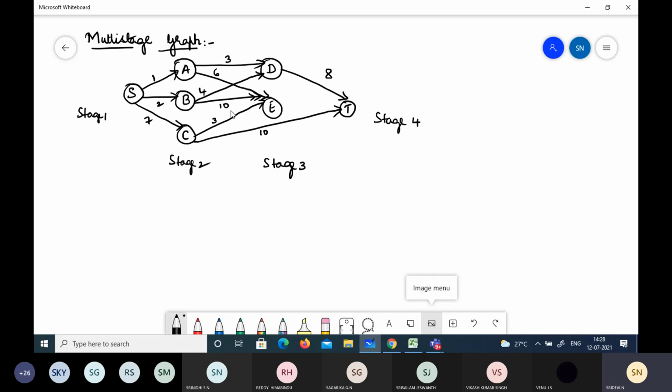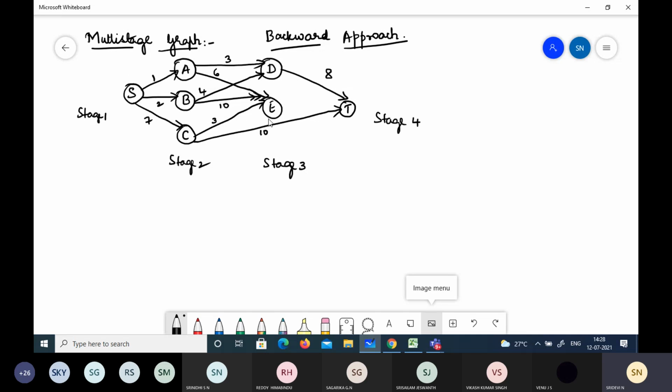This problem can be solved using two approaches, that is the backward and forward approach. Let's discuss the backward approach first, and then we'll move on to the forward approach. As the name specifies, the backward approach means we'll start from the sink and then move towards the source. Let's start solving the problem.